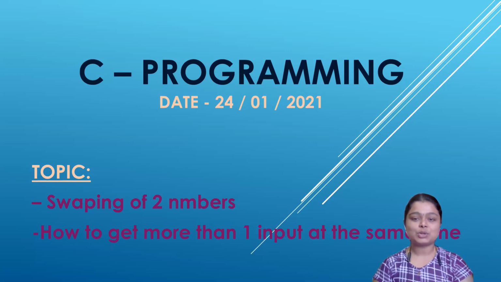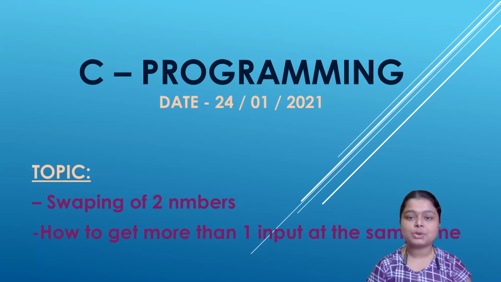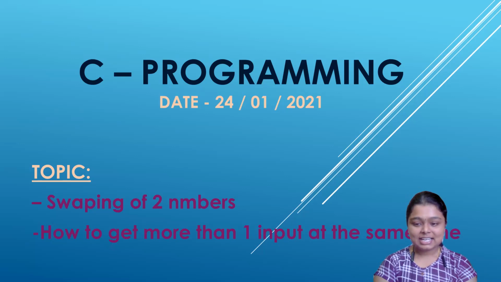So today is the next topic in C programming. In the last class we have seen how to get the input from the user and how to do calculation with the help of the input from the user. So I think we have calculated simple interest, right? In the last class we saw how to take input, right? Today we will see how to take more than one input using a single scanf. As well as we are going to see how to swap two numbers. Okay, let's get started. Let me change the screen.